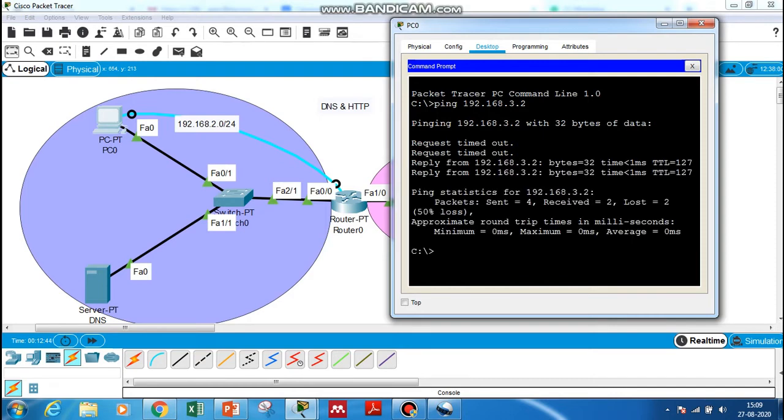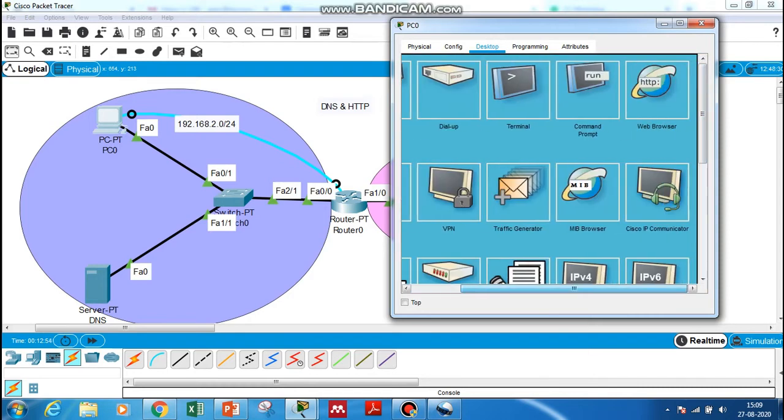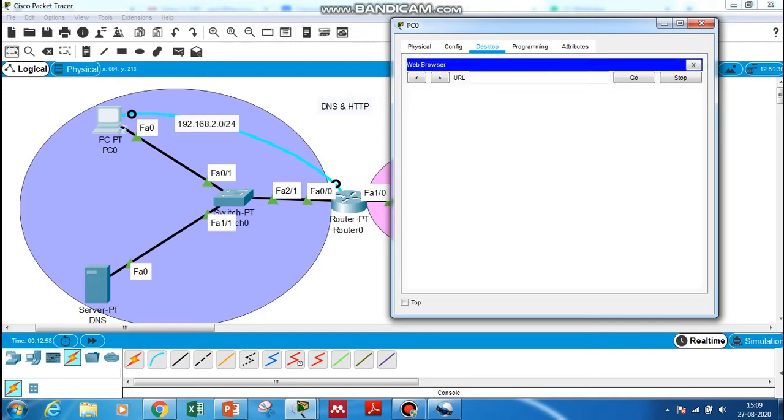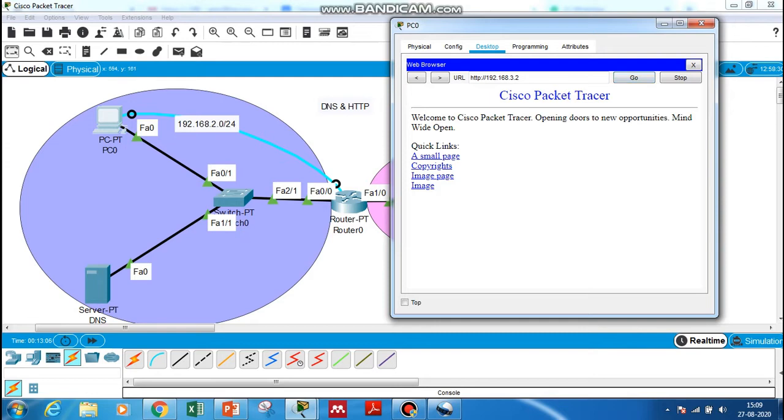Okay, so 2 packets come as a request timeout, but from the 3rd packet onwards we were able to get the response from the web server. So how do we browse it? Let's just go to the web browser, and here if you give 192.168.3.2 and click go, we were able to get the web page. This is a default web page that is stored there in the web server.